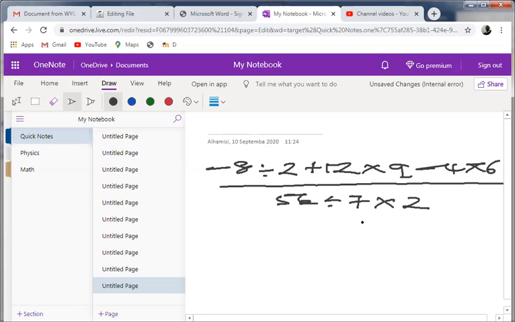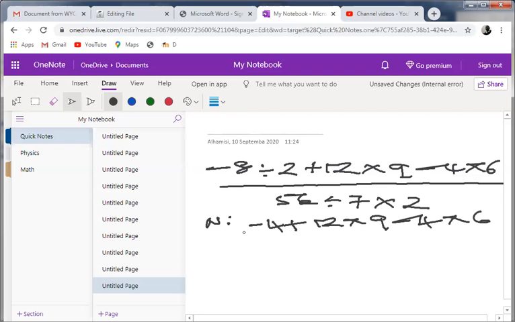Whenever you are given this kind of question, it is simple to work on the upper part, which is the numerator, first. If we apply that, what do we have here? We don't have a bracket, but we have division, so we can divide directly. Negative 8 divided by 2 is going to give us negative 4. The others can remain the way they are, times 9 minus 4 times 6.